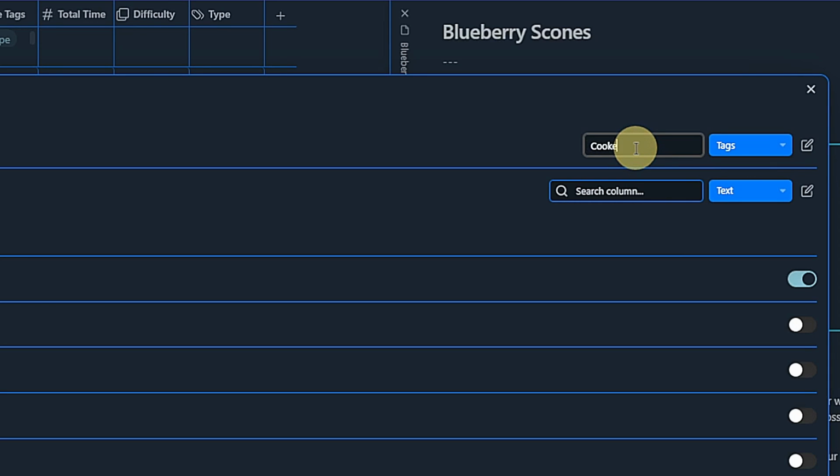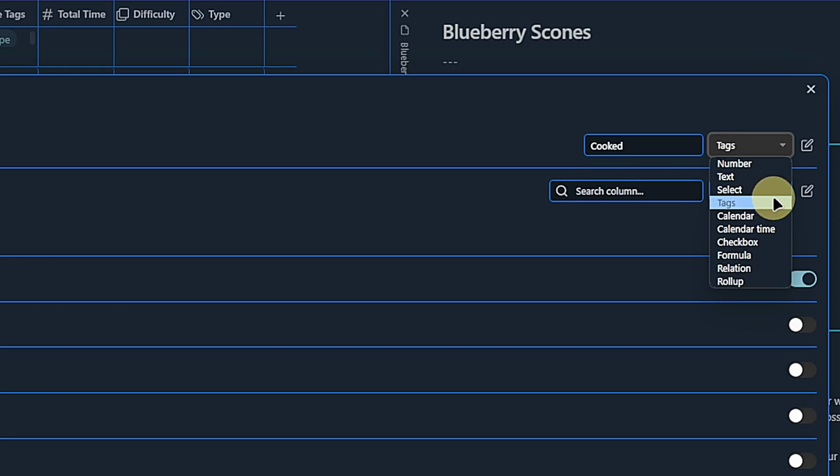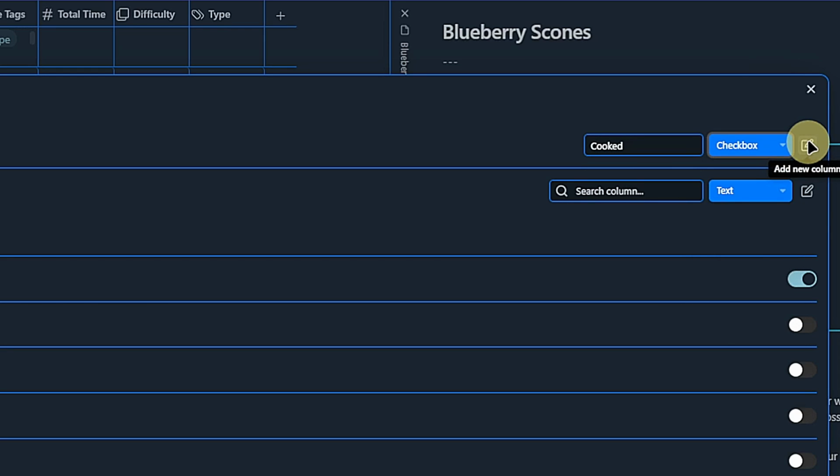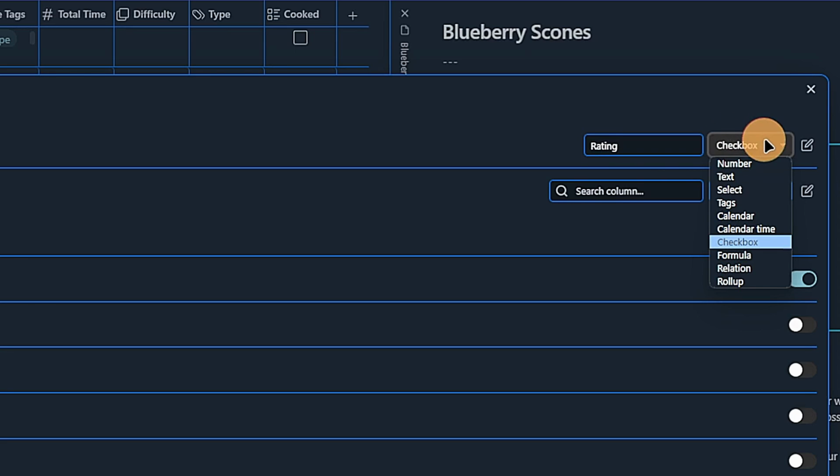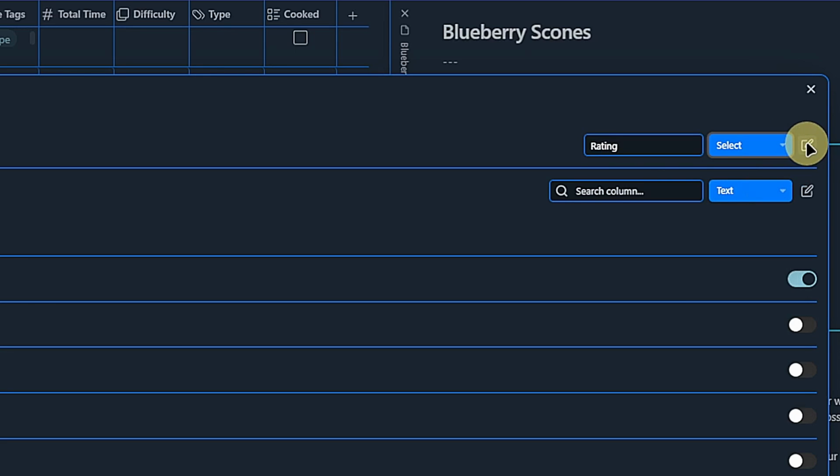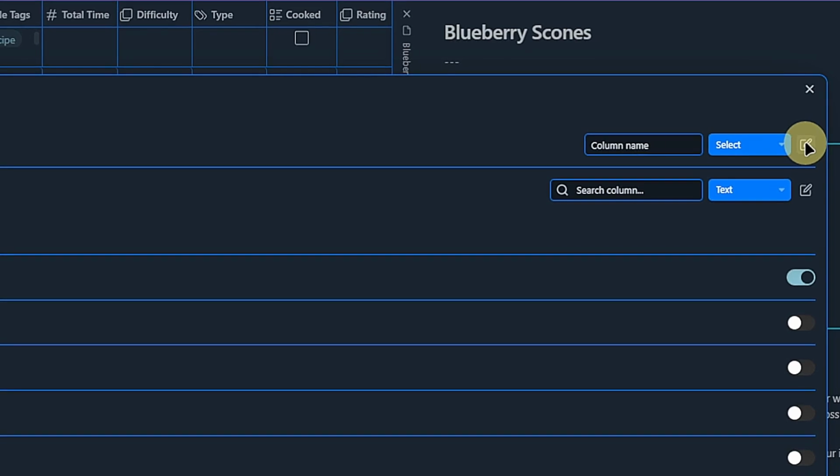for each recipe. I will add 3 more columns. Type to identify whether a dish is for breakfast, lunch, dinner or anything else. This is a text column that allows me to select multiple values from a defined list. Cooked is a yes/no field that I use to track if I tried the recipe already. And lastly, I add a column called rating, where I can again select the value from 1 to 5 stars for each recipe.